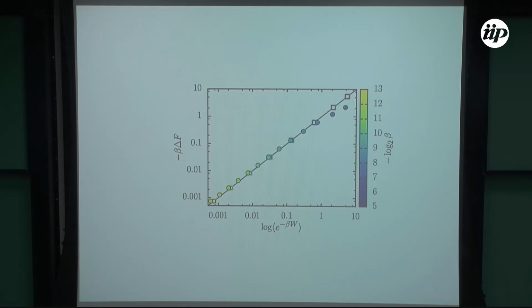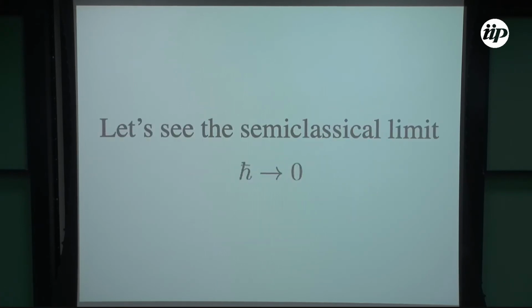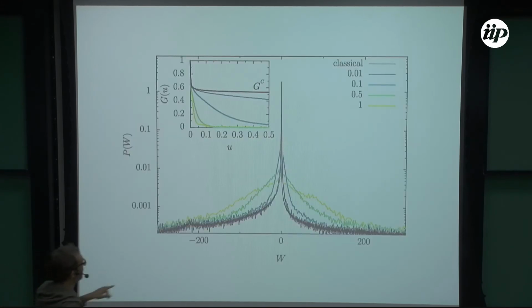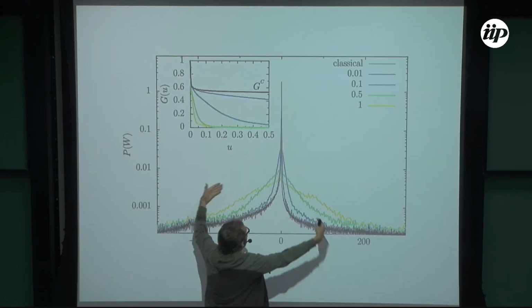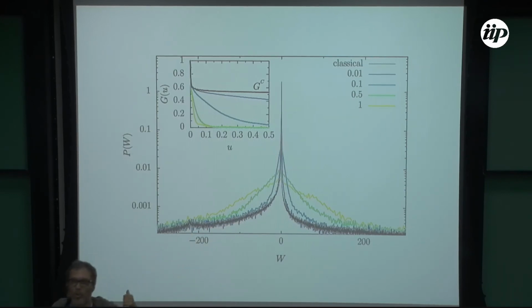But now, of course, you say, no, but you did that for a very simple process, okay? You did that for a quench. And a quench is a simple process, okay. This is a calculation we did, sorry, we did analytically, but we did with numerics. This is the classical distribution, the black one, and we change H bar, and you say this goes to the classical, okay? But this we show analytically, so this plot doesn't have any sense. Okay, anyway,